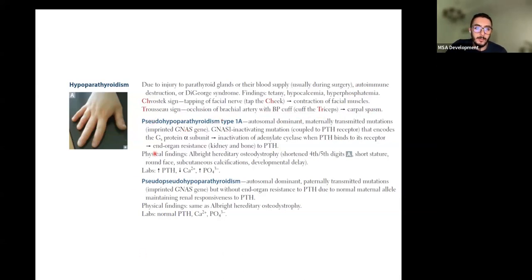We have two types of pseudohypoparathyroidism, sorry: pseudohypoparathyroidism type A and pseudohypoparathyroidism. Okay? Both of them, by the way, are genetic diseases, autosomal dominant diseases. One of them is maternally transmitted and the other is paternally transmitted. Mutations in these genes. The important thing I want you to know here is